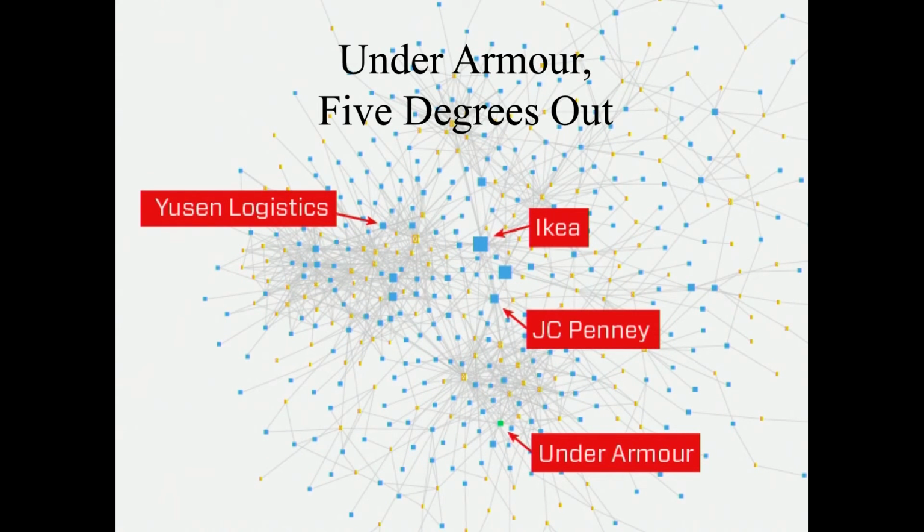Now we can keep walking out. For fun, we can go out 5 degrees. So now it's the same thing. The blue dots are all buyers, companies that are importing goods on the shipping records, and the orange are suppliers, so they're exporting. Under Armour is there. We see JCPenney, which was one of its 2-hop neighbors that had some overlapping suppliers with Under Armour,